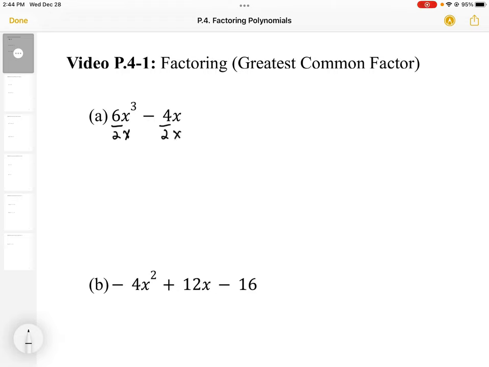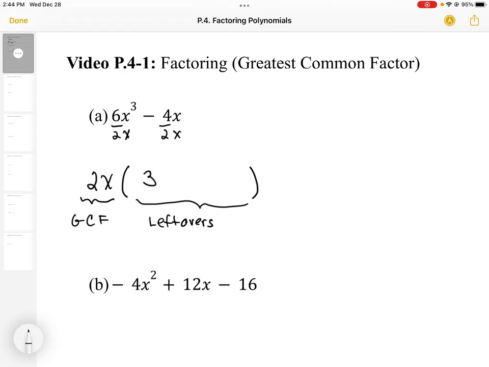So the way we're going to write that is 2x. This is what both terms are divisible by. And now what's going to go in these parentheses is what I call the leftovers. So we have the greatest common factor on the outside of the parentheses, and on the inside of the parentheses we have the leftovers. So if we were to divide 6x cubed by 2x, we would get 3x